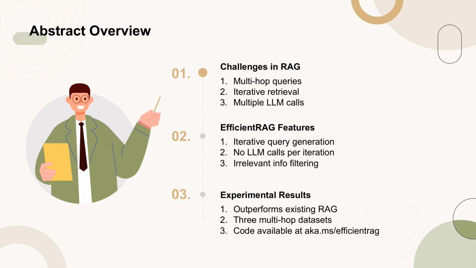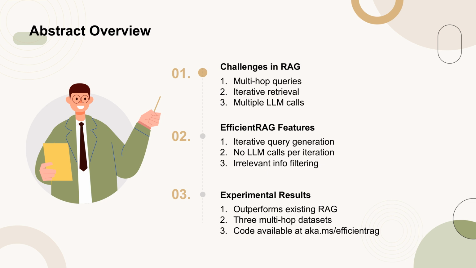Current iterative retrieval methods, while effective, often require multiple calls to large language models, LLMs, which can be inefficient. To tackle this, the authors introduce EfficientRAG, a novel retriever designed for multi-hop question answering. EfficientRAG generates new queries iteratively without necessitating LLM calls at each step, and it filters out irrelevant information to enhance efficiency. Experimental results show that EfficientRAG outperforms existing RAG methods on 3 open-domain multi-hop question-answering datasets. The code for EfficientRAG is publicly available at